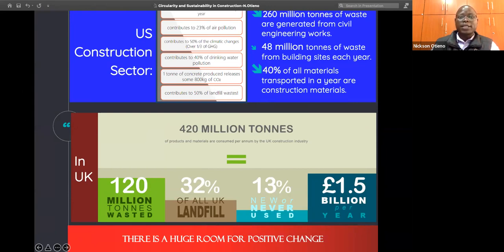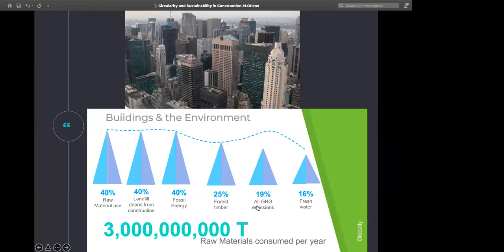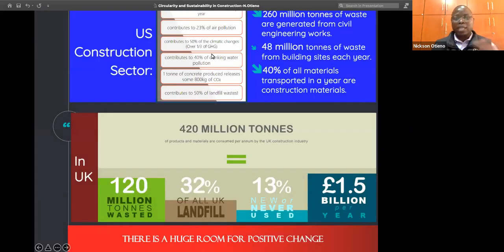Now, if you look in more detail, for example, at country level, the figures even vary. In the US, you look at those figures, you would be shocked. 50%. At the global level, we were talking about around 19% of all greenhouse gas emissions and 40% of fossil energy. But when you come to other countries,